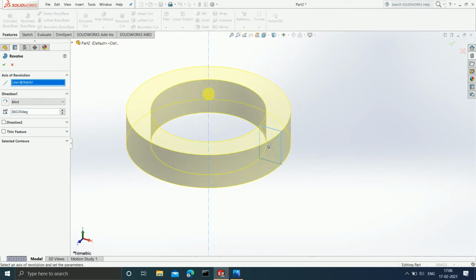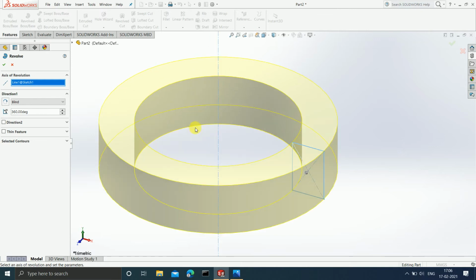As you can see, as soon as I selected this axis, the sketch which I had drawn is now getting revolved around this axis and it is forming a 3D model. Can you see this sketch that we have drawn is getting revolved around this axis and it is forming a 3D model. So this is how you can make use of the revolved boss base command.